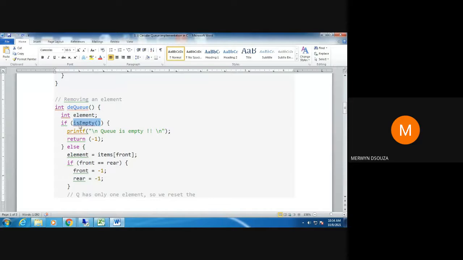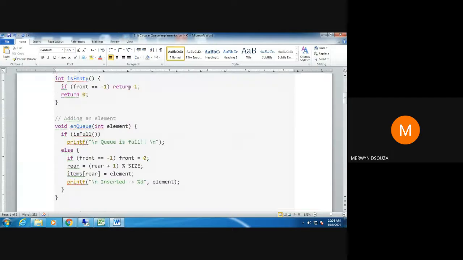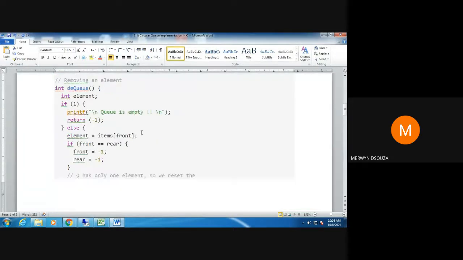So this will be replaced by 1. Because we are returning this value 1, the isEmpty call will actually be replaced by 1. So if 1, that means the condition is true. If the value returned by isEmpty is 1, that means this condition of the if is true.